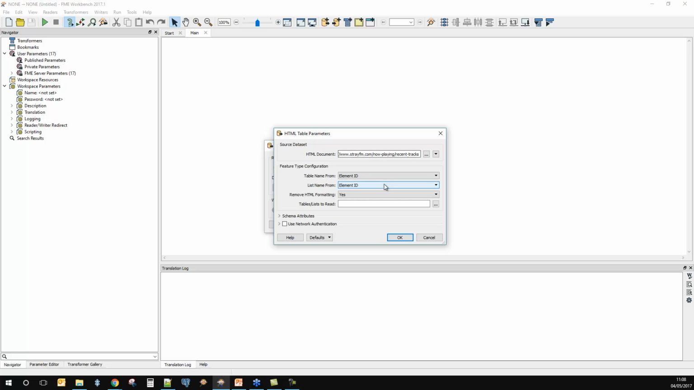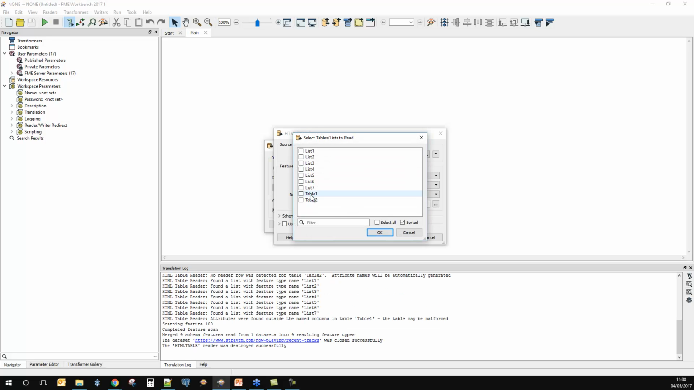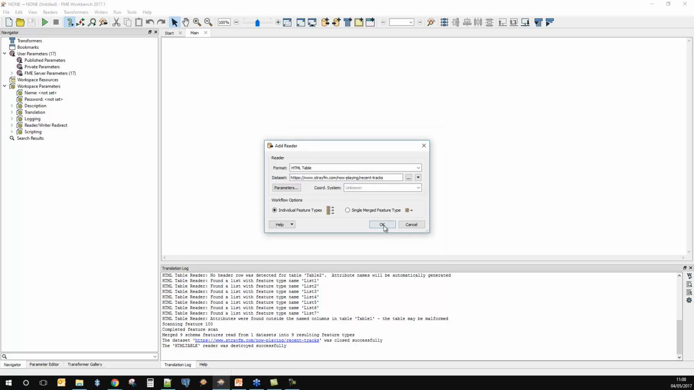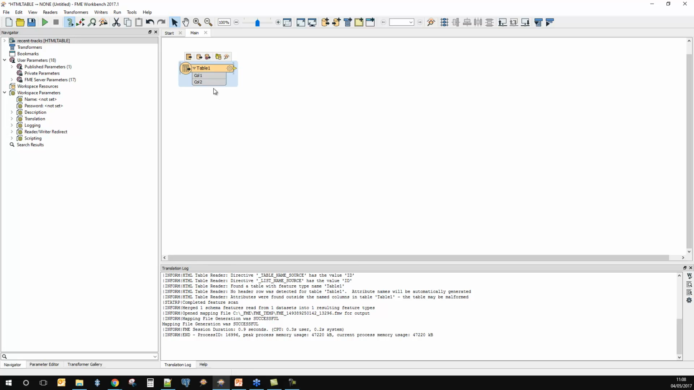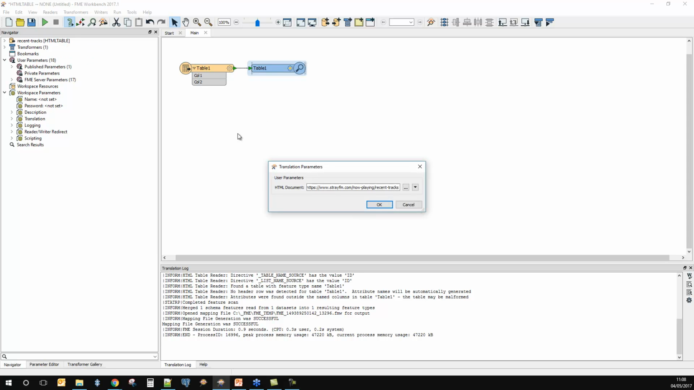Here on the recent tracks URL, we have the ability to go and find out if there are any interesting tables in there. There is one that I know has our radio station playlist stored in it. It's table 1. So I can go and use that as my reader, drop it down. I've got a couple of columns of information in there, and if I just pop an inspector into here straight away and just run that,